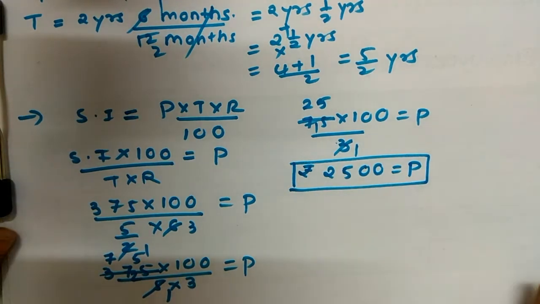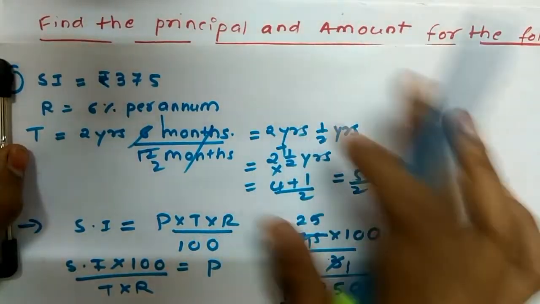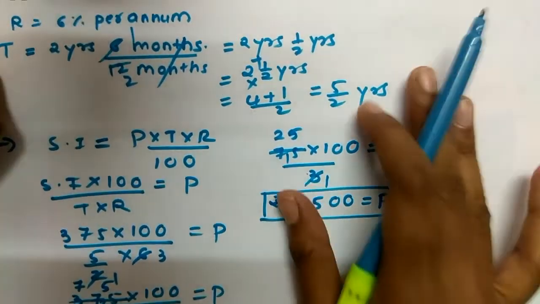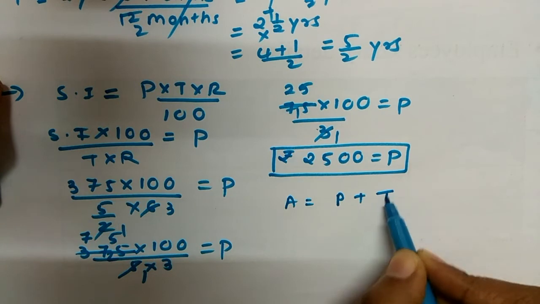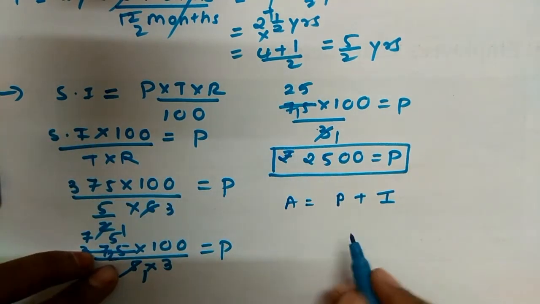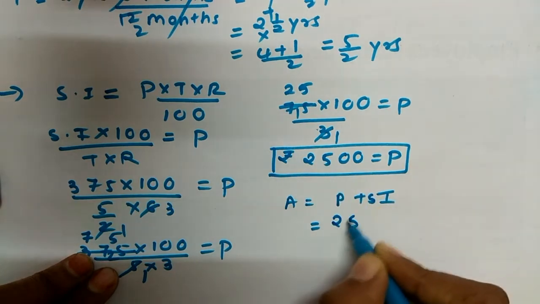So for this principal, we have to find out the amount also. Okay, so principal we got. Then we have to find out the amount. How can we find out the amount? The amount formula is principal plus interest. So interest we have here, simple interest, so you can take SI. So principal we got 2500 plus simple interest we have here already,